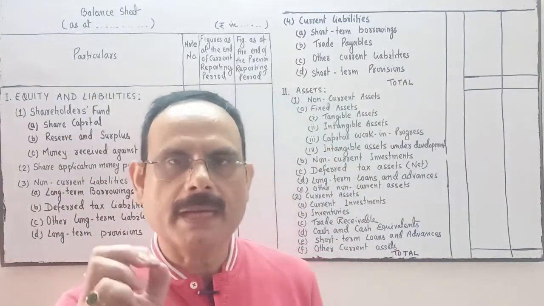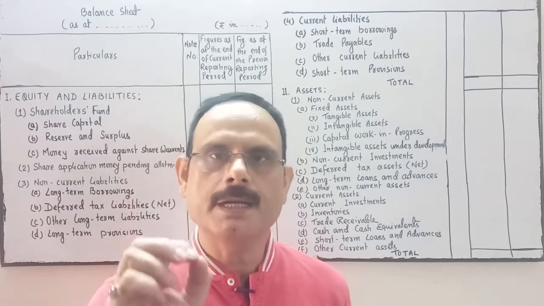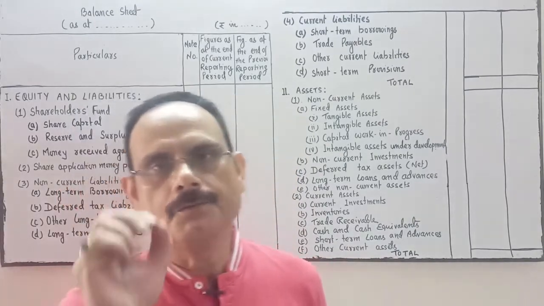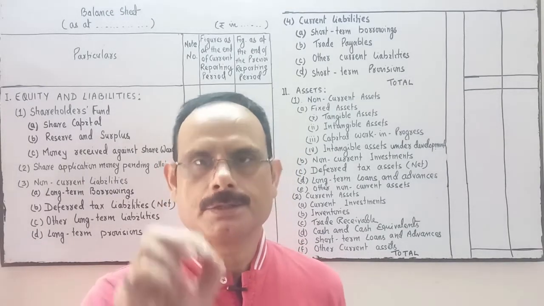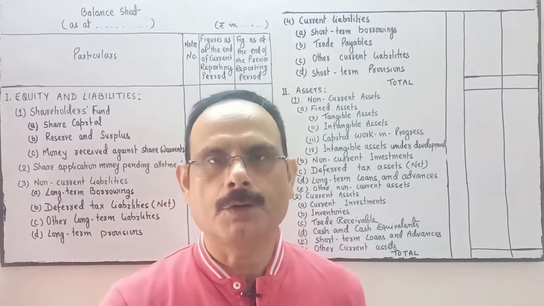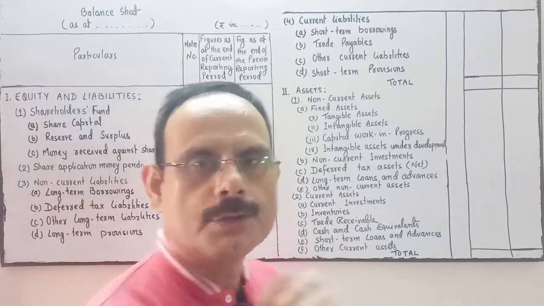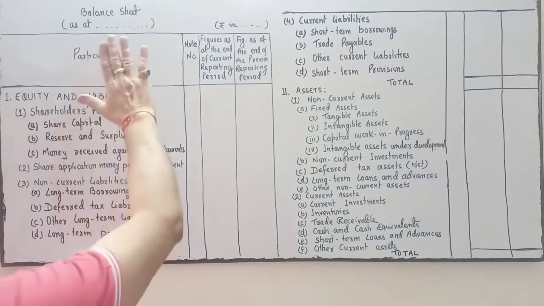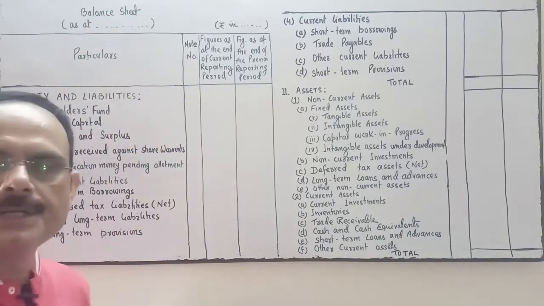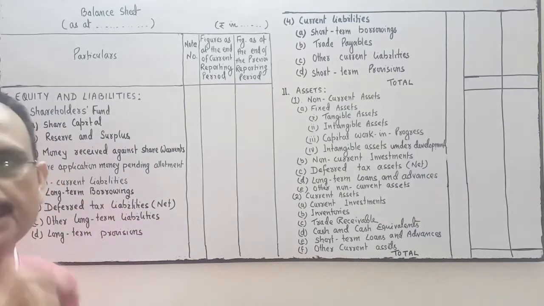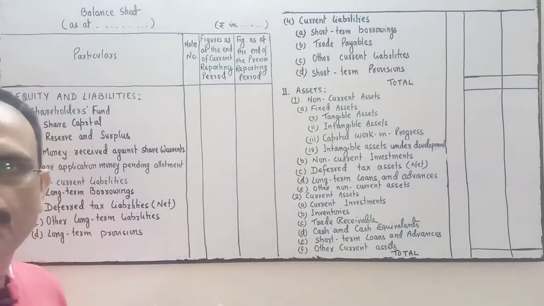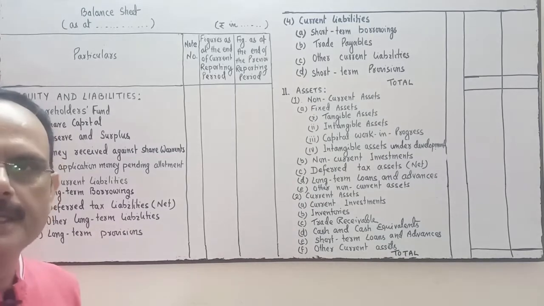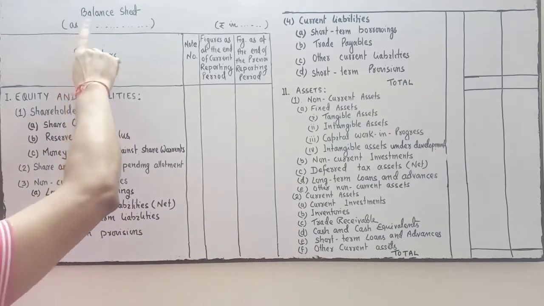Company prepares the balance sheet in a vertical format, under Part 1 of Schedule 3. The heading will be Balance Sheet of the name of the company. We have to write the name of the company as at, if the financial year ends on 31st March 2020, then we will write it here as at 31st March